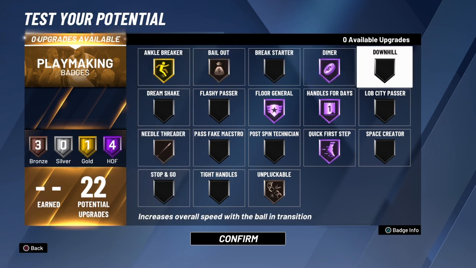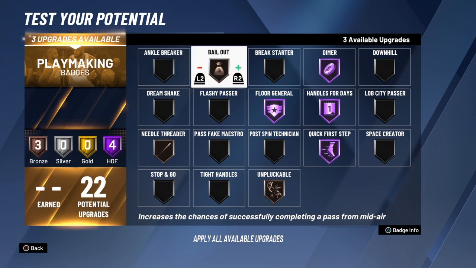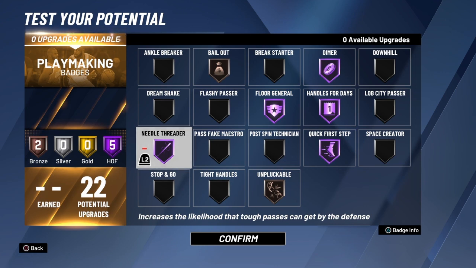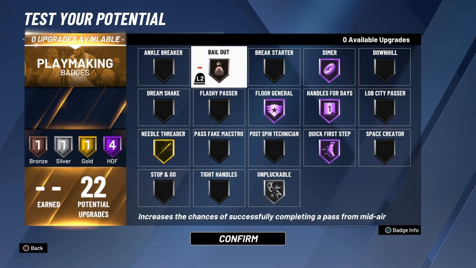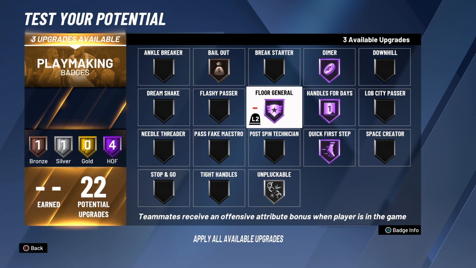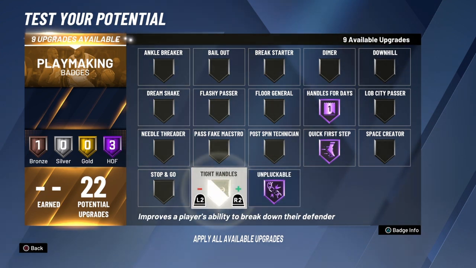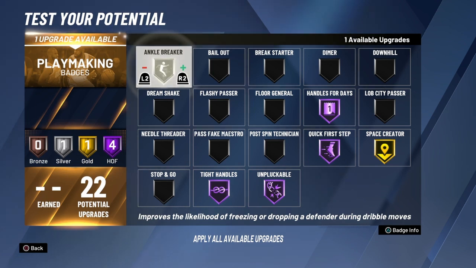These are probably the mandatory badges you should run, but the badges I am currently running right now, I believe I am running this lineup right here, because this Hall of Fame needle threader is amazing. Or you could dumb this down, put your silver unpluckable on, you can leave this on. Or let's say you're running the ones core in the stage, you could take this off, take that off, take this off. You could put on Hall of Fame unpluckable, tight handles, gold space creator, and gold ankle breaker,